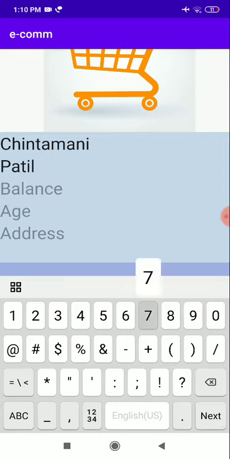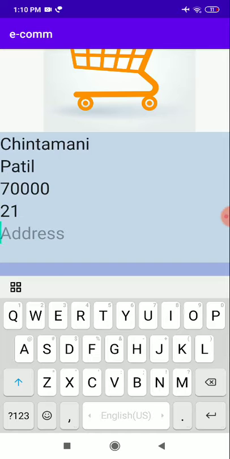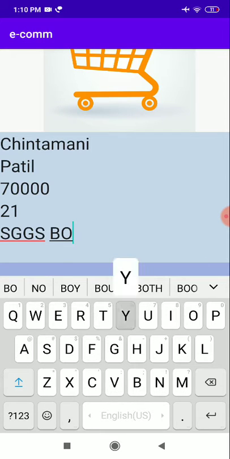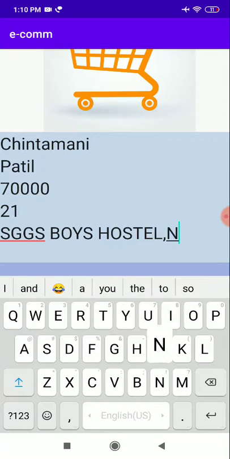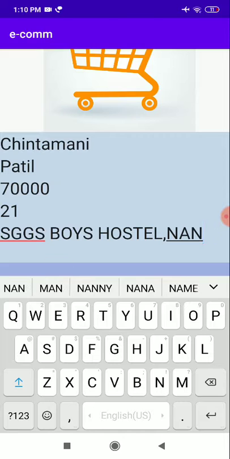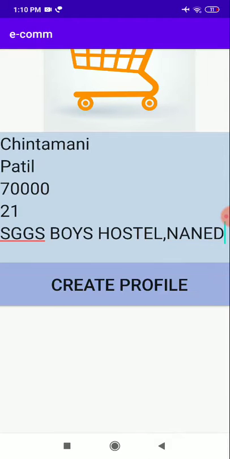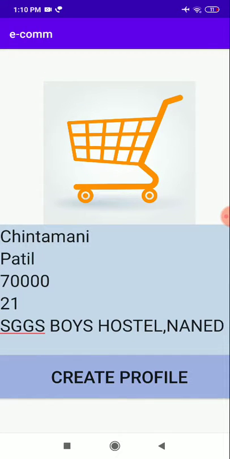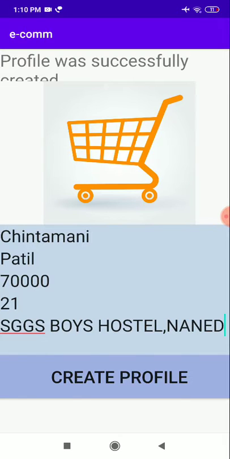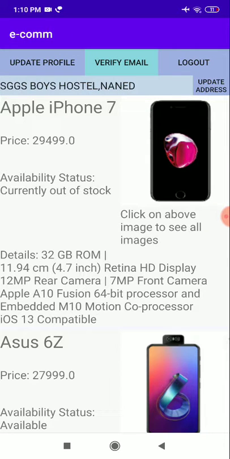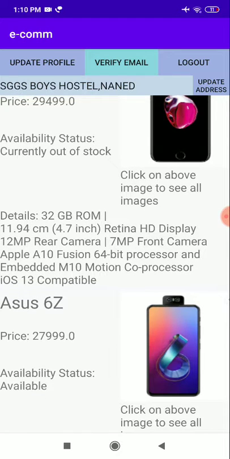Let's say I will enter 70,000, and my age is this, and my address is HGGS Boys Hostel, Nanded. I will click on create profile, and the profile is created. You can update the address, as you can see on the top bar.